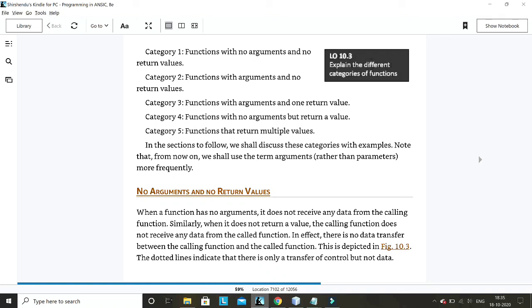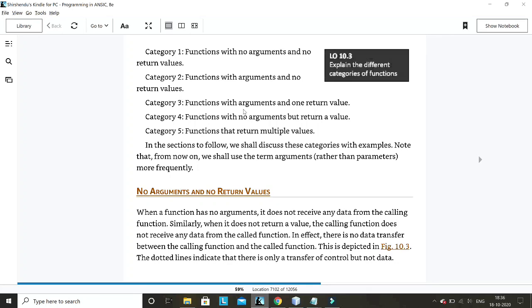Okay, function with argument and no return value. That was the second program that I have written. In the second program, I was supplying a size to this print line. First I said print line 40, and then I wrote print line 50. According to the value that I'm supplying, the function was creating a line with proper size. A function with argument means I was supplying a parameter, but it was not returning anything. It was just printing a line. It was not returning anything.